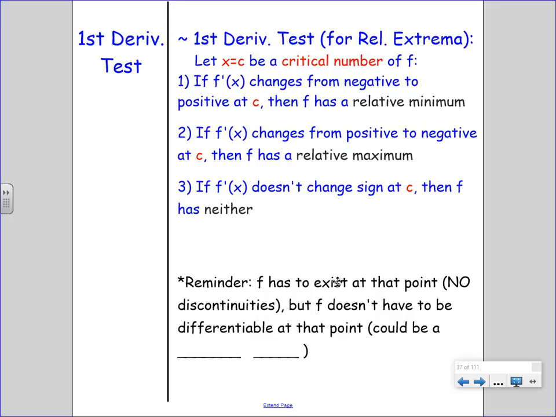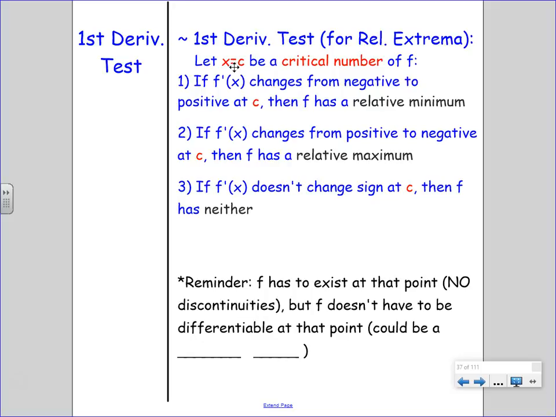Even though it logically makes sense, there technically is a test that allows us to make the conclusions that we made at the very end of yesterday. It says, as long as x equals c is a critical number of f. Remember, to be a critical number, the function has to exist there. It can't be a vertical asymptote or a hole. But as long as x equals c is a critical number of f, if f prime changes from negative to positive at a point, f is going to have a relative